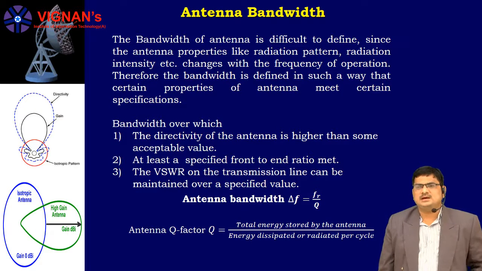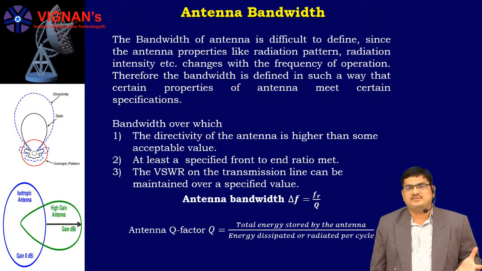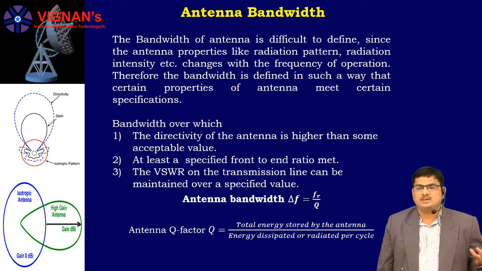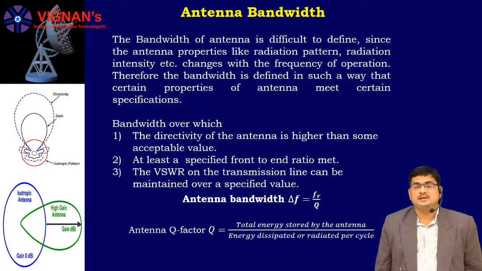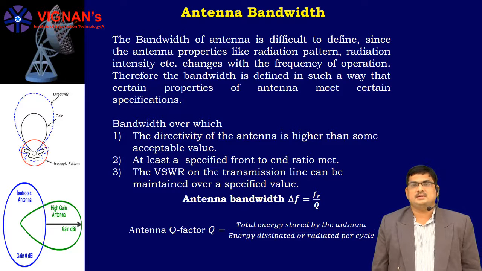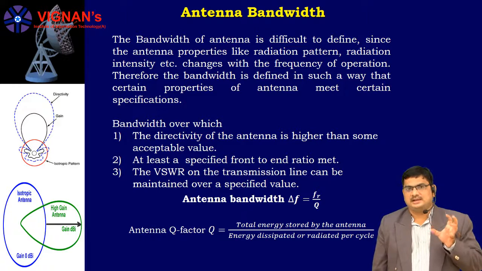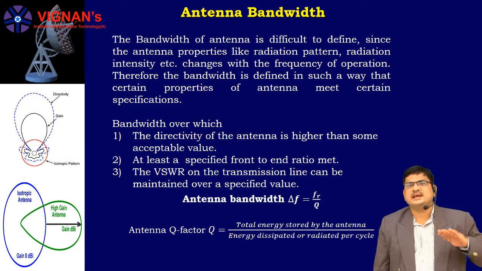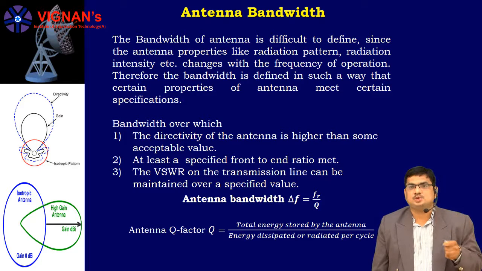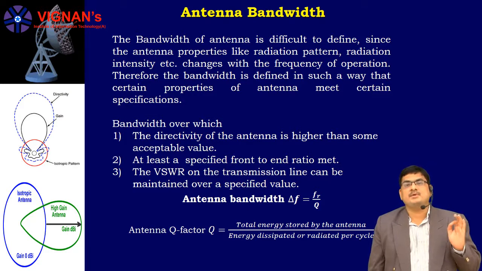So for an antenna, if you want to know the total performance of your antenna, there are some parameters: antenna gain, antenna bandwidth, antenna directivity, beam width, radiation pattern, radiation resistance. All should operate with specific characteristics. But all these characteristics depend on your frequency of operation. As the frequency changes, these characteristics also change. So that's why we can't define the antenna bandwidth straight away. But in general, we can define our bandwidth.